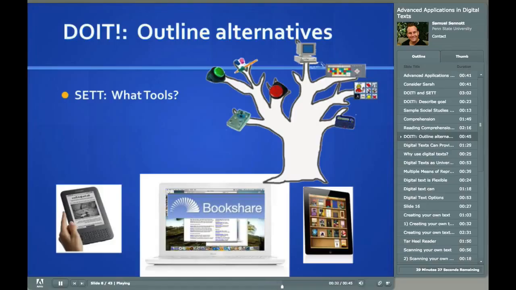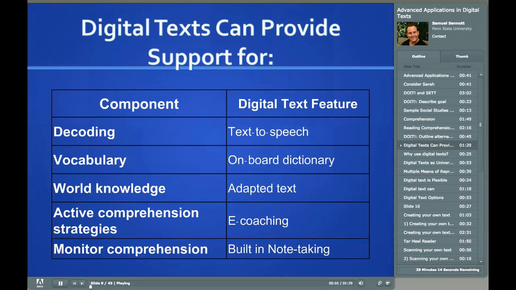Based on the initial defining of the goal and a bit about Sarah, we can narrow our selection down to the domain of digital text tools, which you can see a few images highlighting those tools. When considering digital text tools, we can look for features that support the research-based comprehension strategies mentioned from Pressley. For instance,